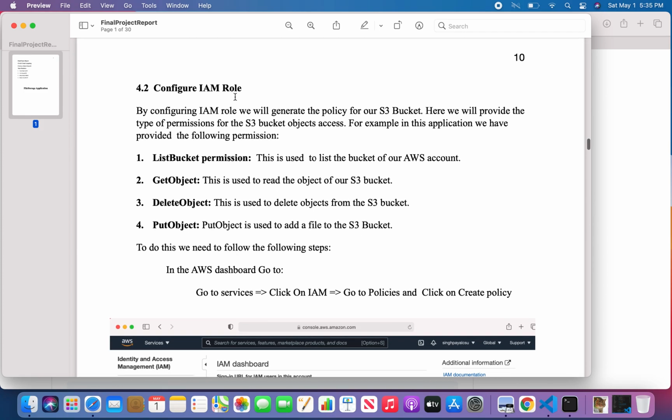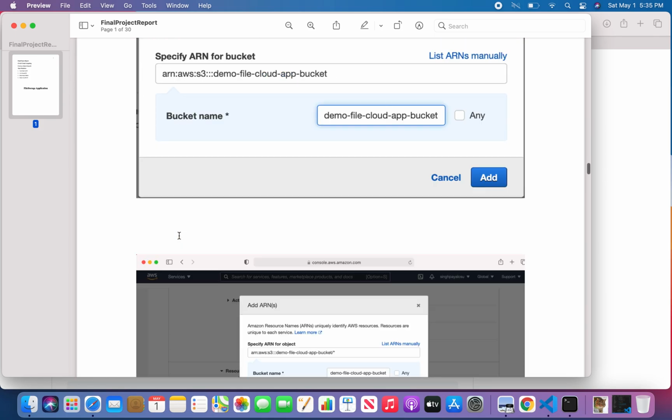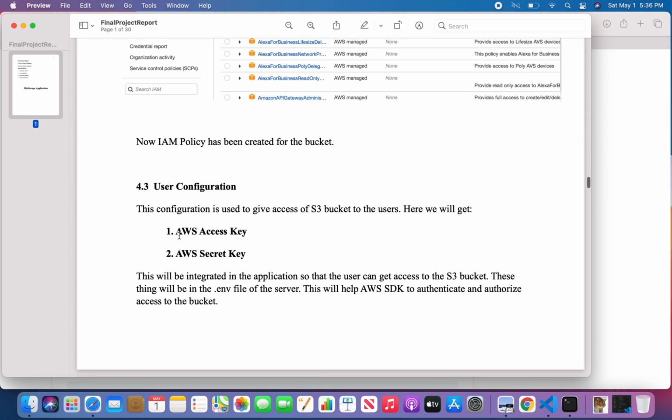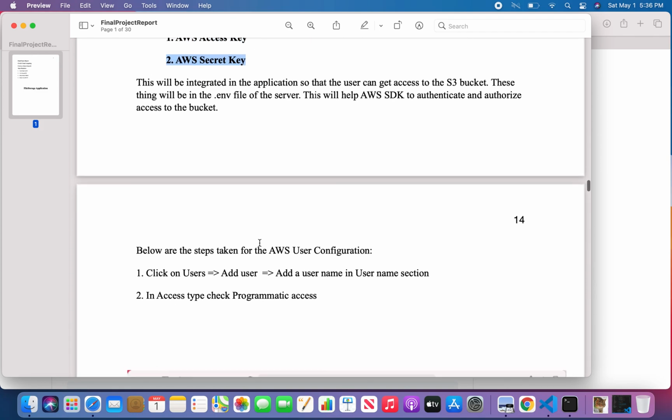And we have already configured the IAM. So we have set the list bucket permission, get object, delete object, put object. And we already did these things. And after going through the user configuration, we got our AWS access key and AWS secret access key.